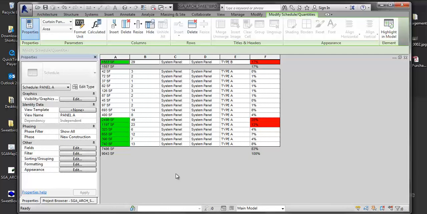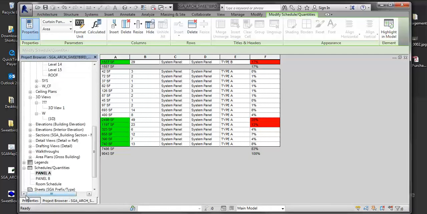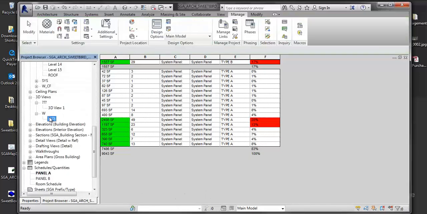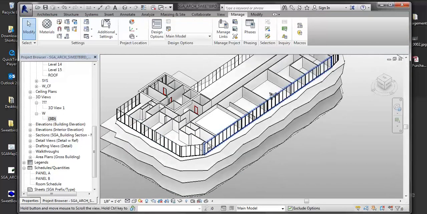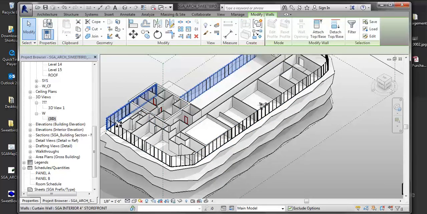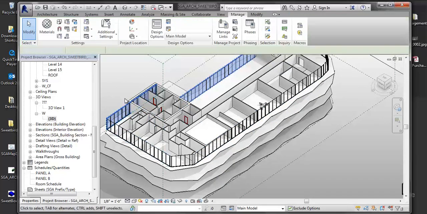Now right now it's the same set of data because we have the same information in each one. And actually both design option sets have no data. It's reading the main model set. So we need to split off that data from the main model and start placing it into those containers. To do so, I come back to my 3D view, or any 2D view will work as well, and I'm going to take all of those walls on the exterior,